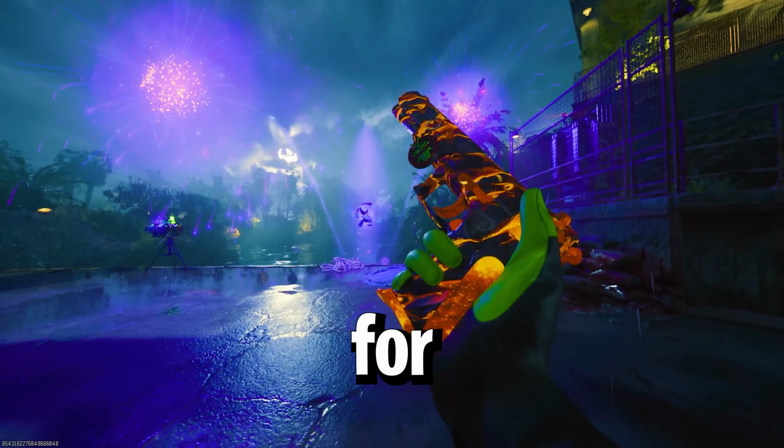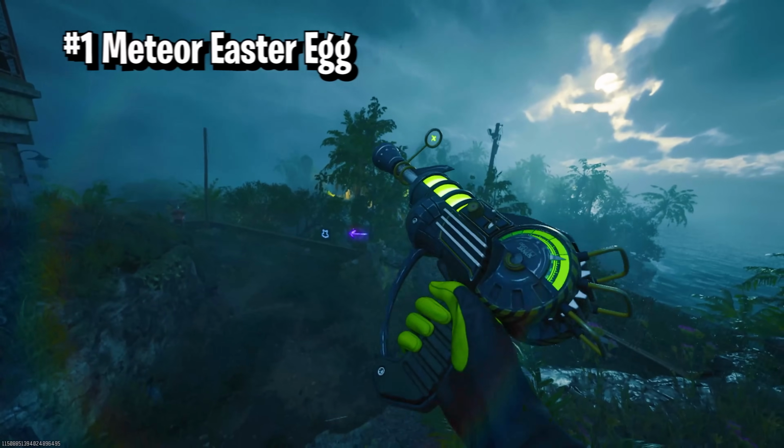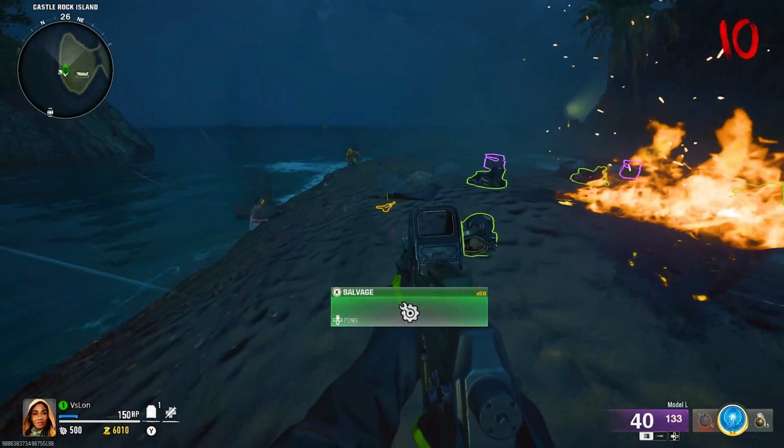Here's your quick guide for every single side Easter egg in the Black Ops 6 Zombies map Terminus. By far the easiest and most rewarding Easter egg on this map is the Meteor side quest. This simple Easter egg can be done very quickly